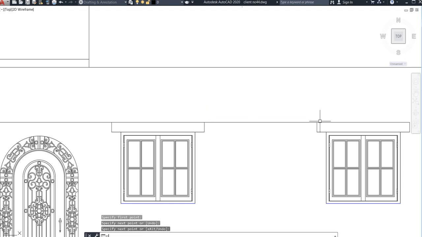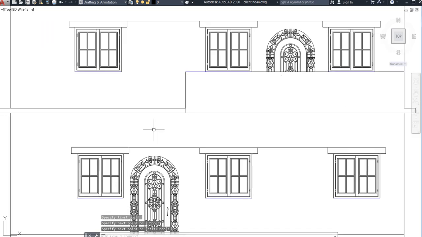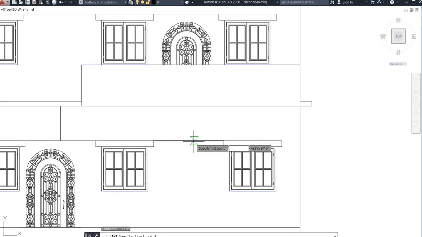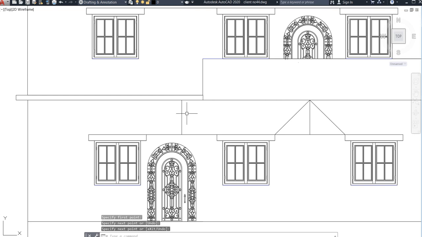See, I have completed this. Now go for line command. See, I have drawn. Now this is my center line, so center to here, skip it, go for center. So this is my center to here, go for skip it. Now go for line command, from here to here. Again, you can use the mirror command also, but this would be better.